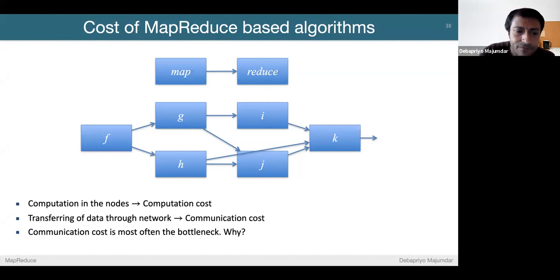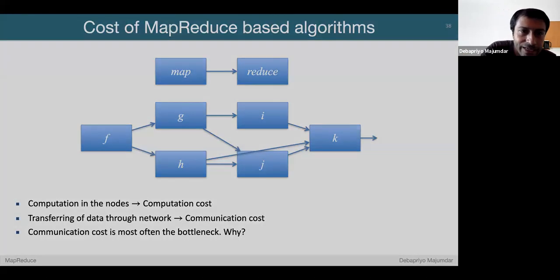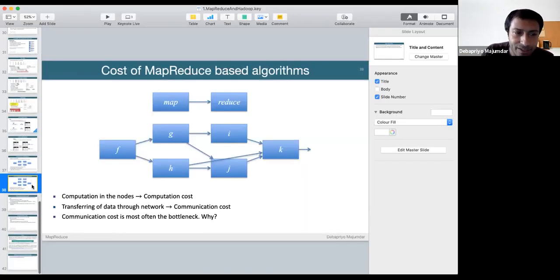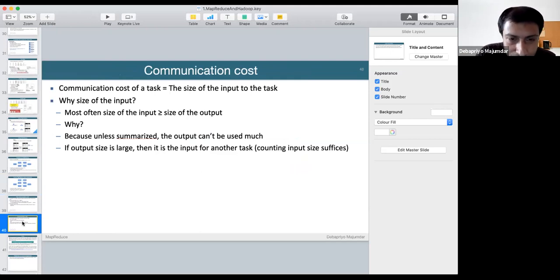I talked in a fashion so that we did not really think about the data read-write part. That is also important. The data read-write part is also important, and the IO takes more time than the actual processing. So we'll have to do something about the IO. We don't want to read and write so many times.